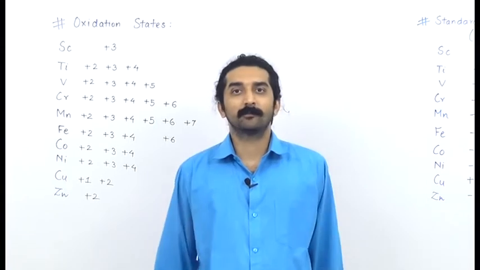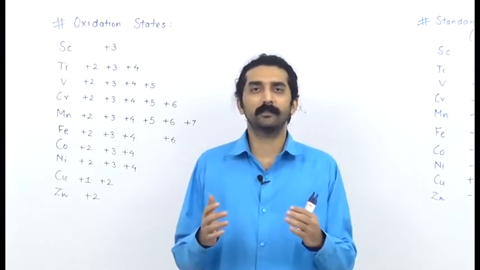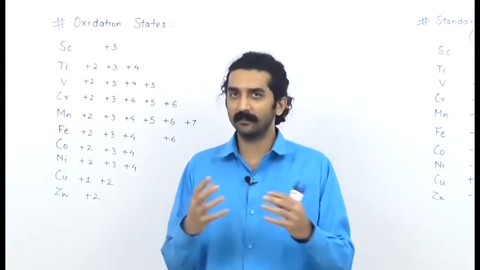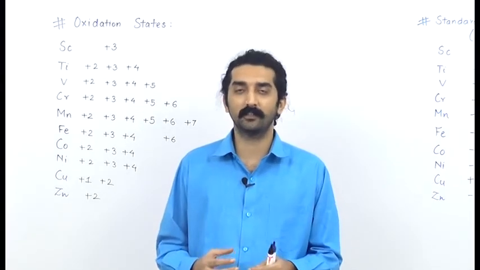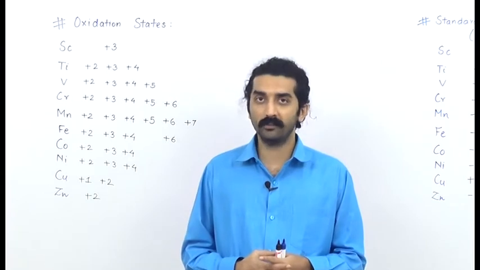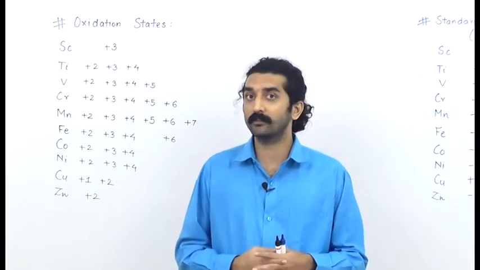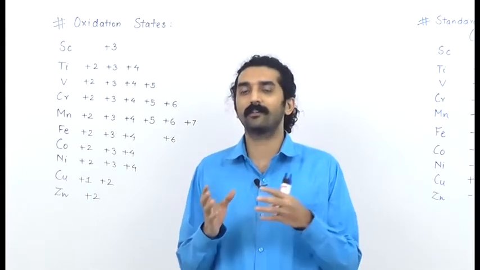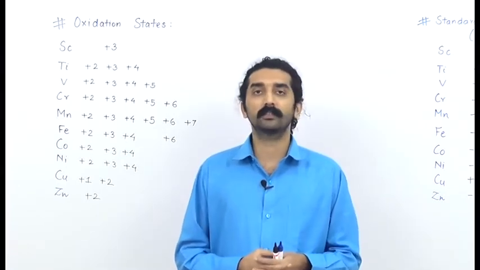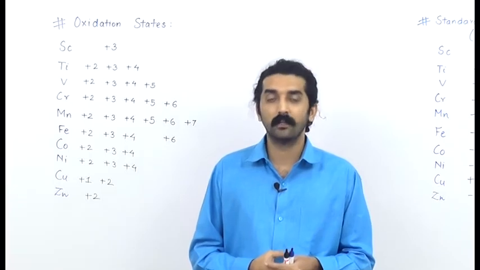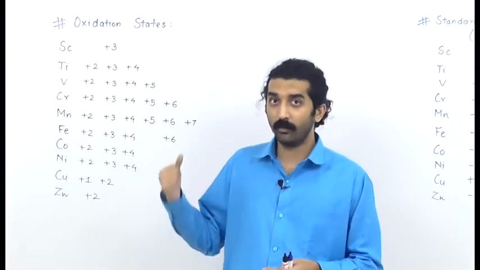So friends, let's move on further, which is basically the intersection of the physical and chemical properties, as we even discussed in the previous section. This section is going to focus on the different variable oxidation states for which the transition elements are known, and secondly we are also going to discuss the electrode potentials. So friends, let's start with the oxidation states.